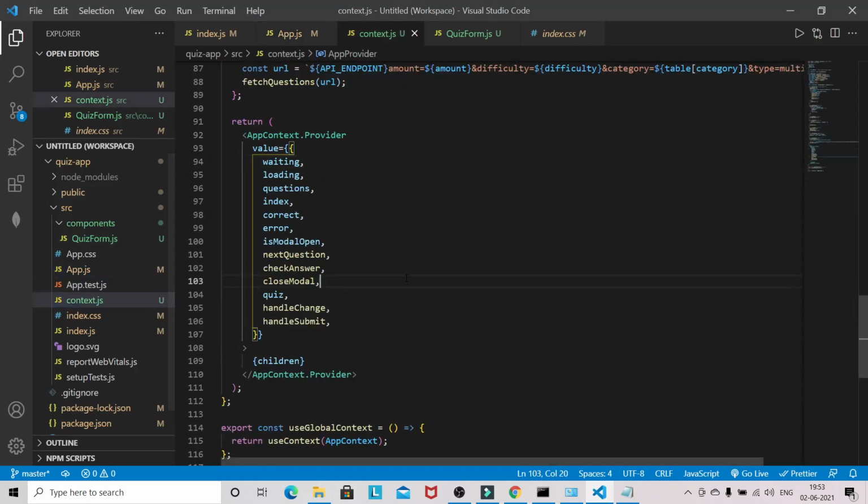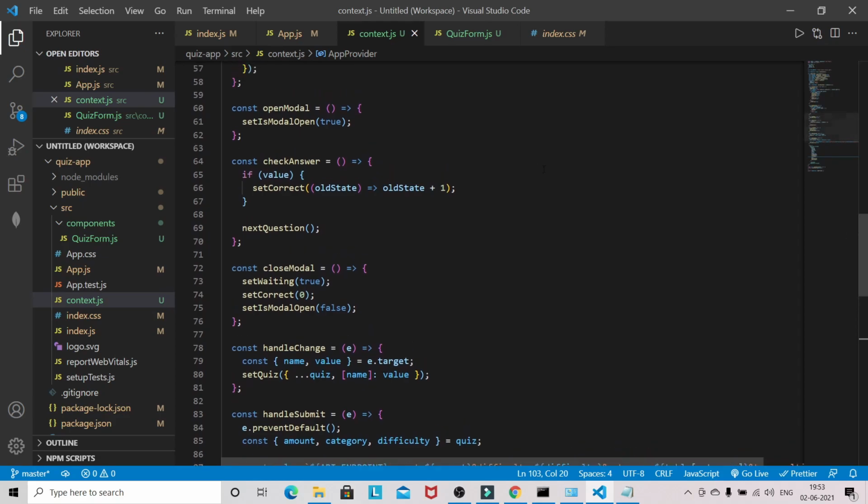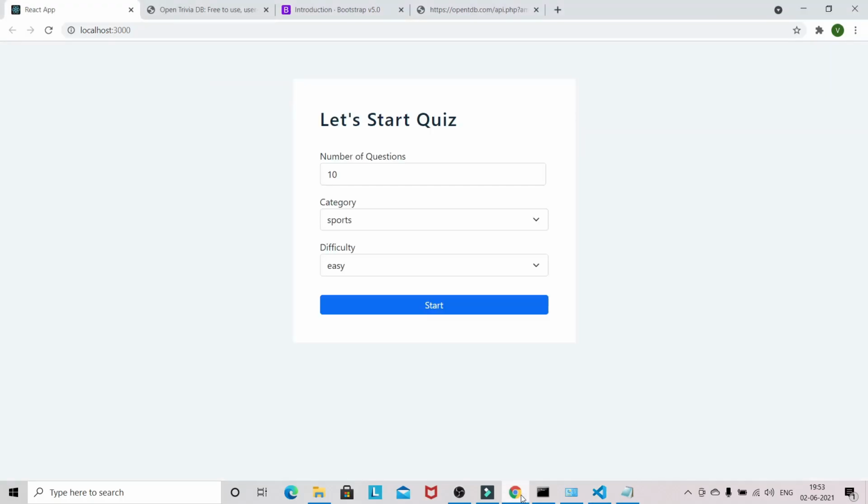Context.js 65, we have a issue. Okay, so you are not passing the value here, that might be the case. Okay, so I have saved that value. So we have created.